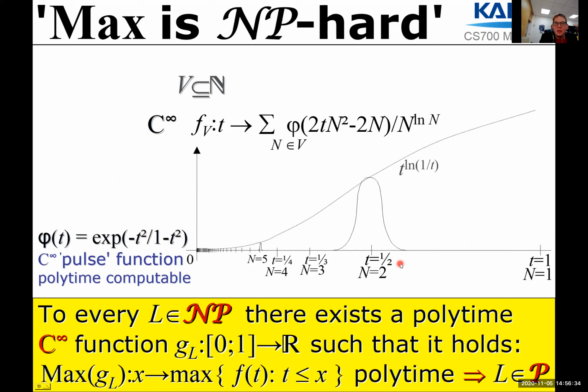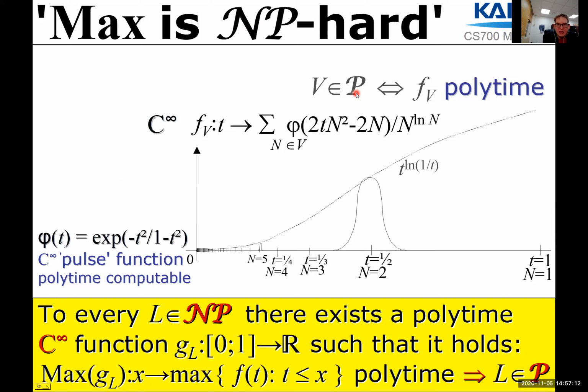But now that we restrict and only have some pulses present, the resulting function may not be polynomial time computable anymore. Actually, what we're now going to demonstrate in our second step of the construction is that this function, which we've constructed just now, depending on the decision problem V, is polynomial time computable if and only if the original decision problem was polynomial time decidable. Okay, so that's an interesting thing,